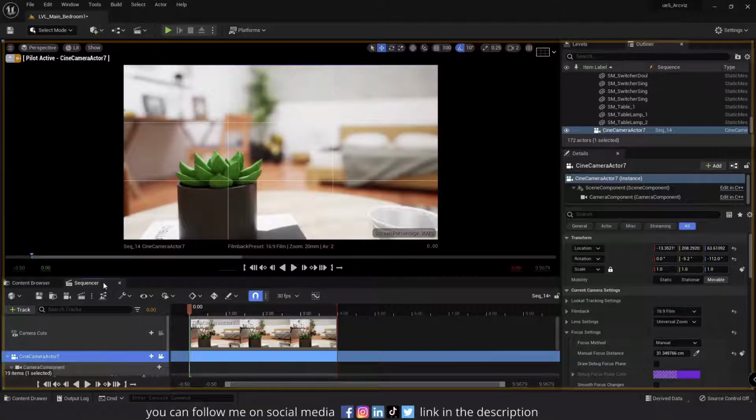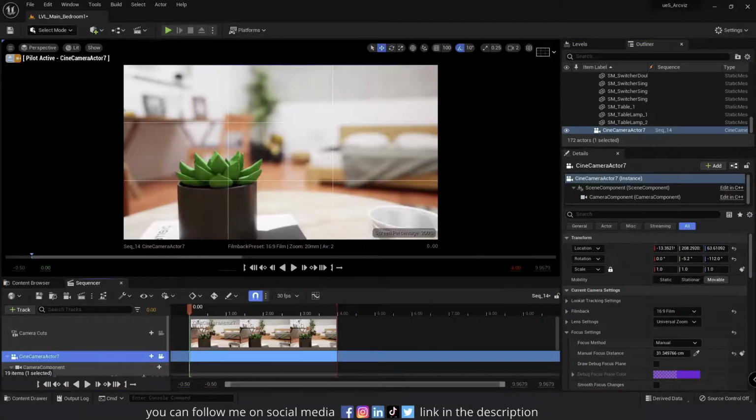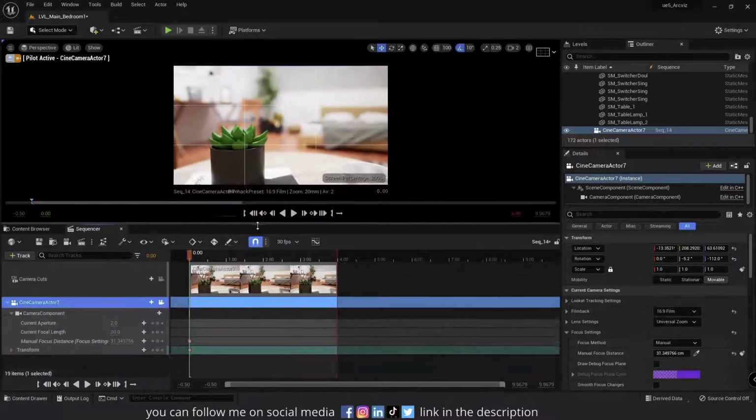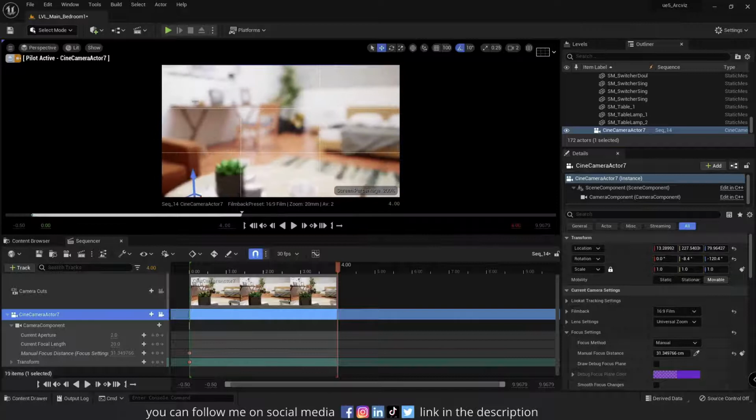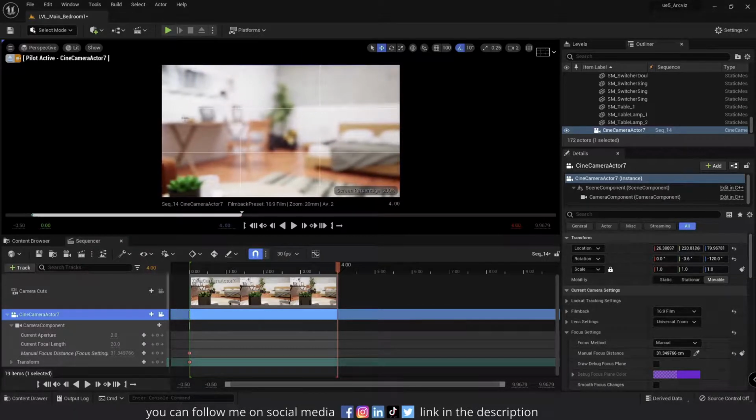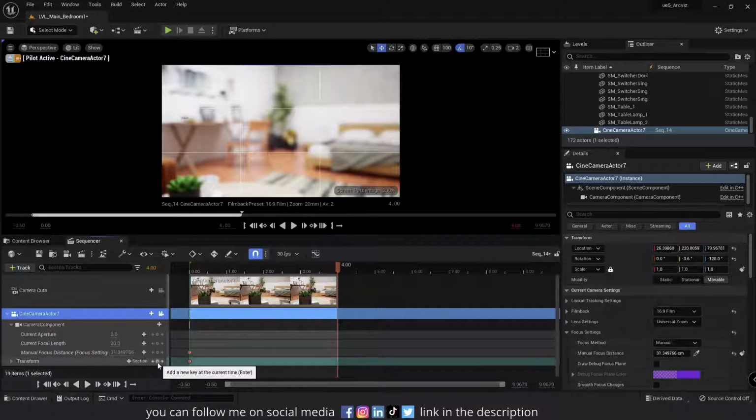Okay, I'm going to dock the sequencer next to the content browser. For the end of the animation, let's go to the end of the animation and move the camera. For example, I want the camera to be here. Okay, so let's add a keyframe to the transform,